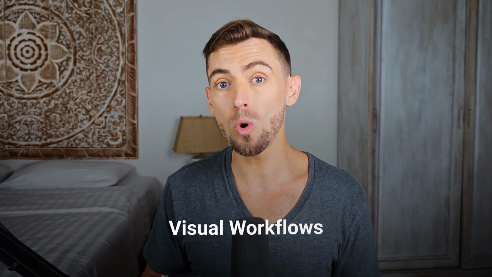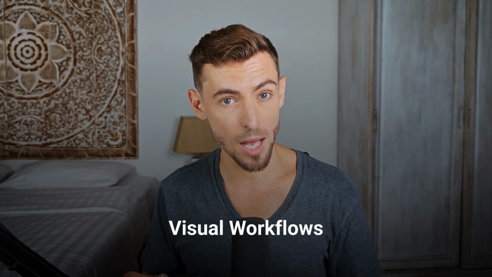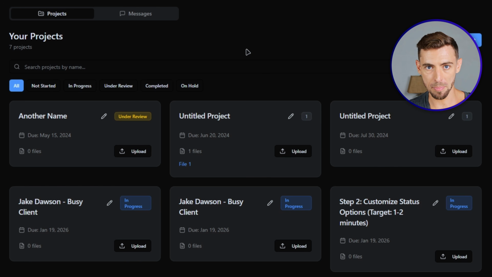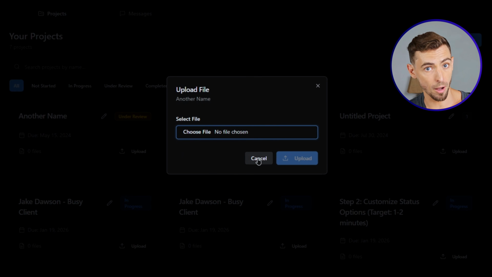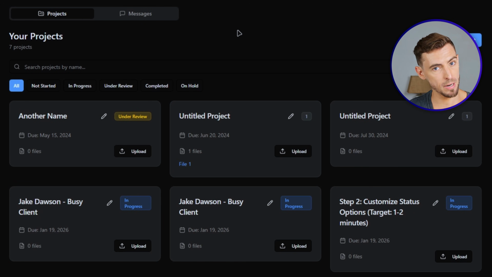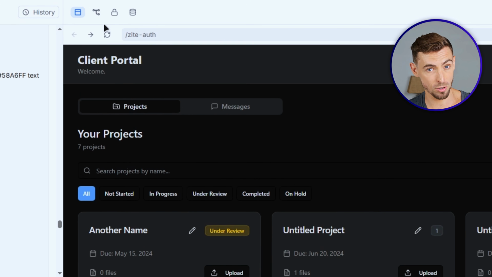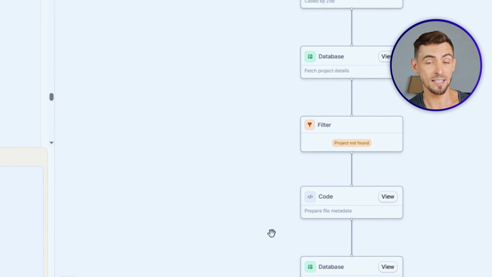Feature number 2 is what really sets Zite apart from almost every other AI app builder. Visual workflows that show your backend logic as flowcharts. Let me show you what I mean. In the client portal that I built, I created a workflow that triggers whenever a client uploads a file. Instead of that logic being buried in code that I can't see or understand, Zite displays it as a visual